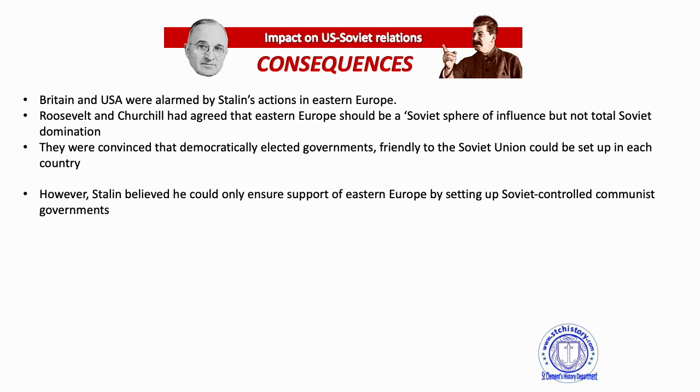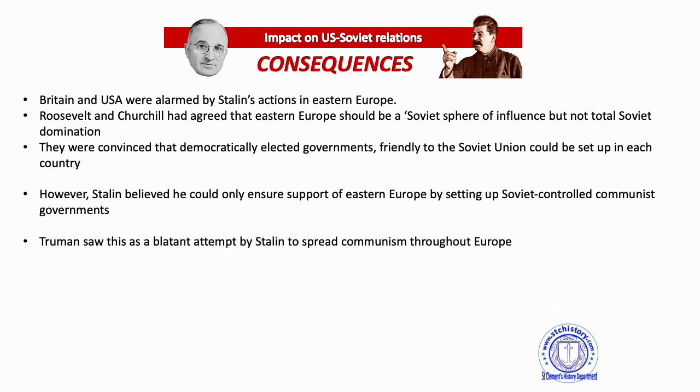But that's the same thing, isn't it? Developing the Cold War is getting worse because their relations in the Grand Alliance are breaking down. Truman sees this as a blatant attempt by Stalin to spread communism. We know that. We've talked about that the whole lesson. This is going to be more of a thing, especially if this question is in some way linked to the Berlin crisis, the first Berlin crisis with the blockade into West Berlin. This is because of all of this tension in the build up to that.